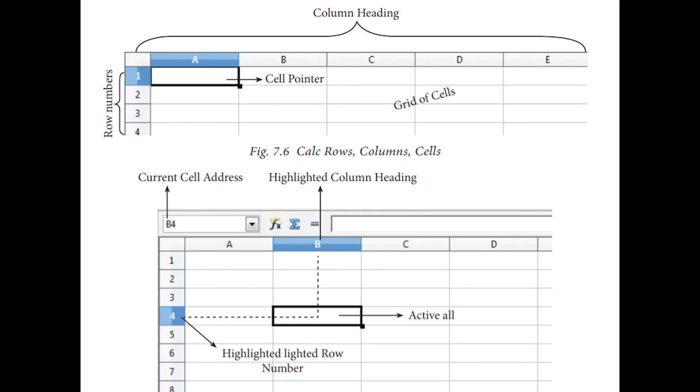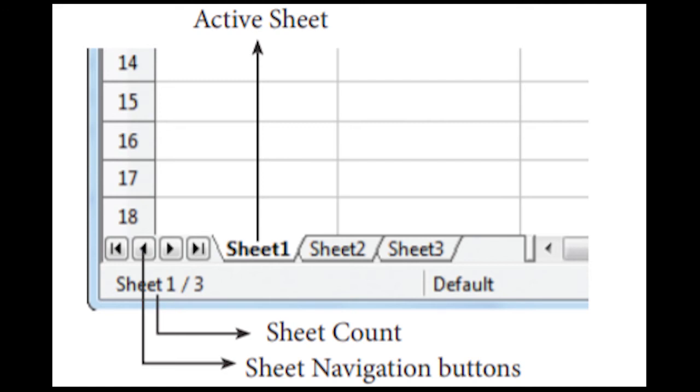And the next one is about worksheet tabs. Worksheet tabs: in OpenOffice Calc, we have many sheets, right? By default, we'll have 3 sheets visible in our work area, right? The first sheet will be active, and that is where we'll be typing. If you want a new sheet, you can just click sheet 2, right?